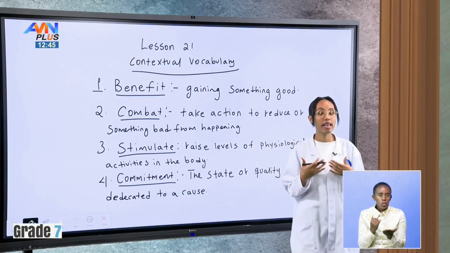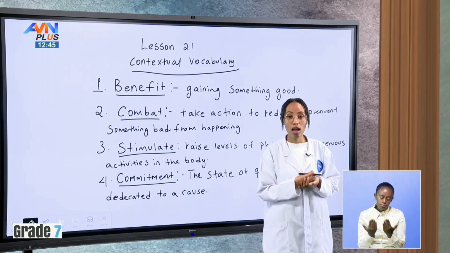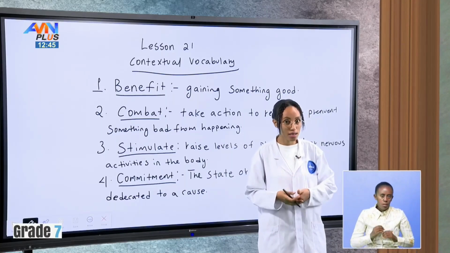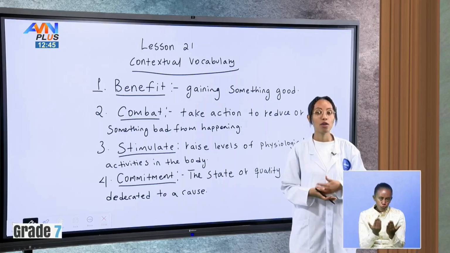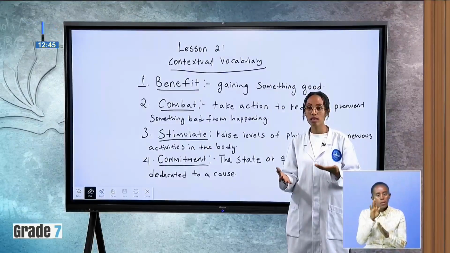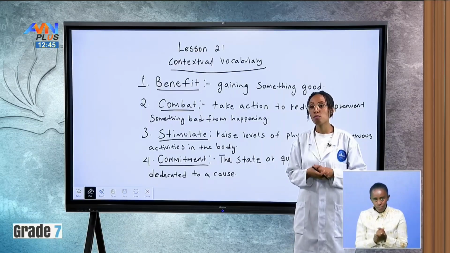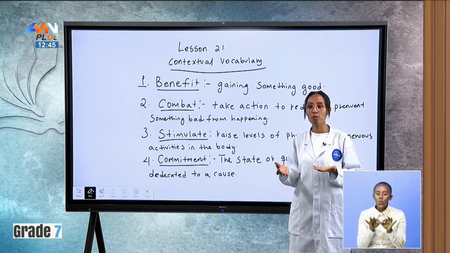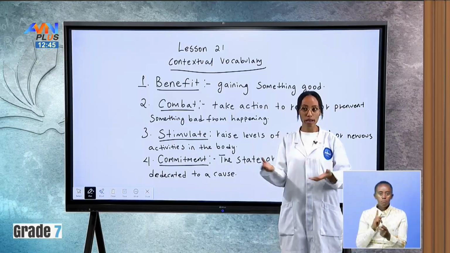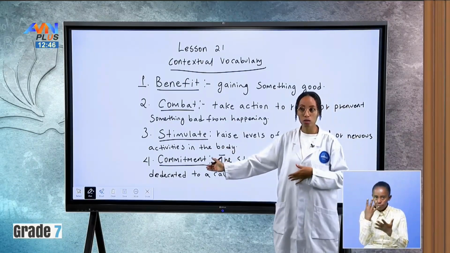It could be a dedication or a commitment to studying. For example, as a student, that is your job. Your commitment is to your studies. You have to really study, you have to read, you have to practice in order to become great students and in order to achieve great things. So, commitment is very important anywhere you are, in anything you do, because commitment achieves greatness in the overall run. Okay, these are the 4 vocabularies that we have seen so far.